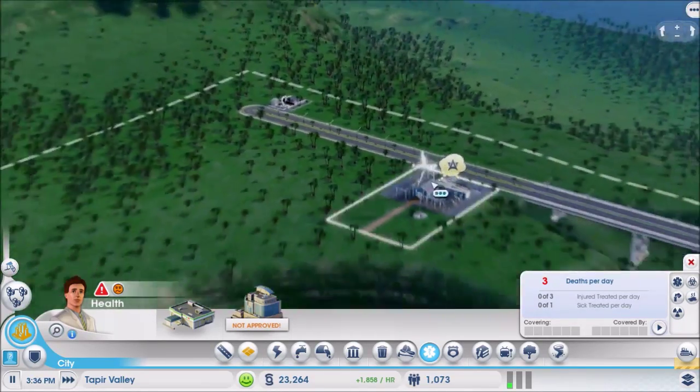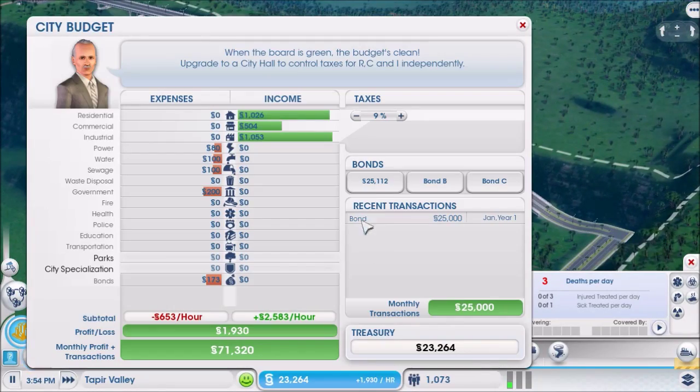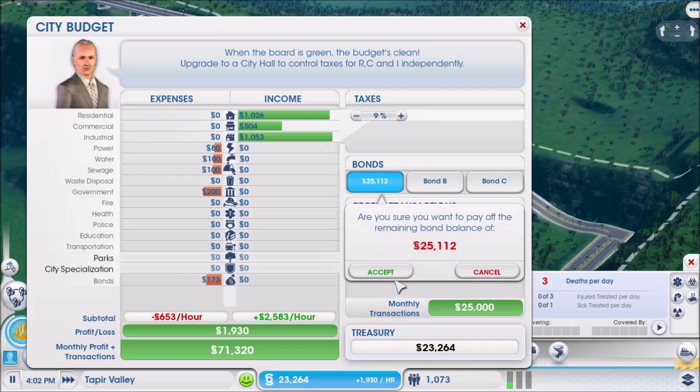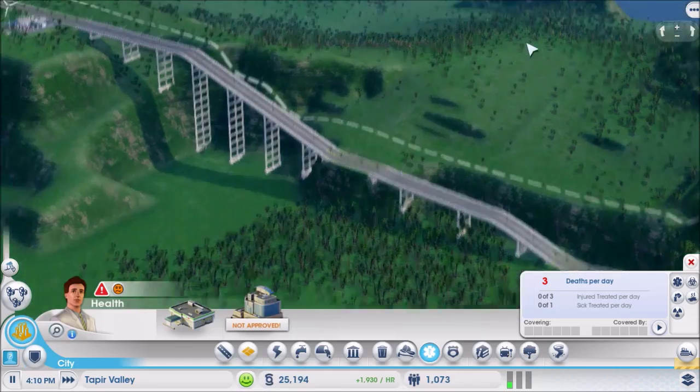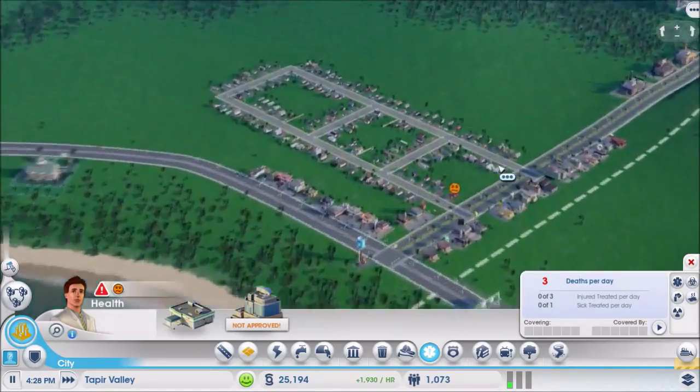We might eventually, though. So I realized I wasted all this money on this avenue, and then we can't pay that off yet. We could now, but then we would be broke. Okay, so